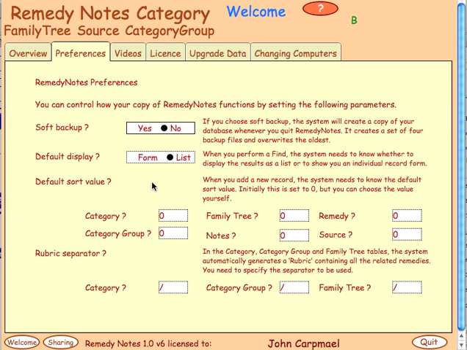That's something that you will make a choice on yourself, and you can control that. And then we've got control over how things get sorted, and a choice also over how a rubric is set up, and we'll look at that later on. Okay, so I think from there we might well just take ourselves back again. So we click on the go back,